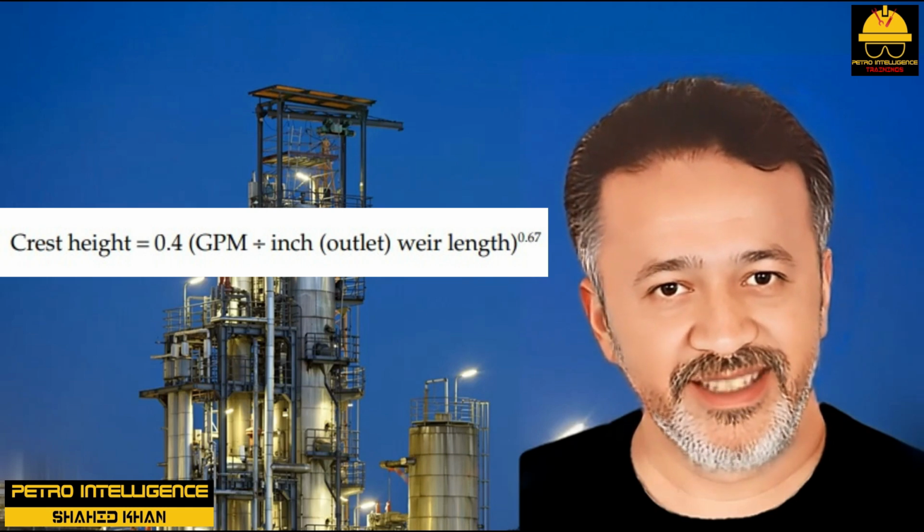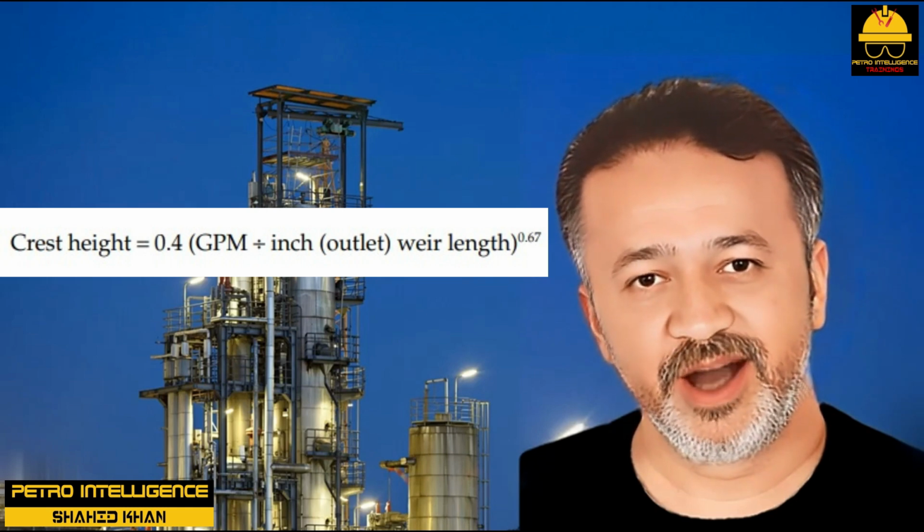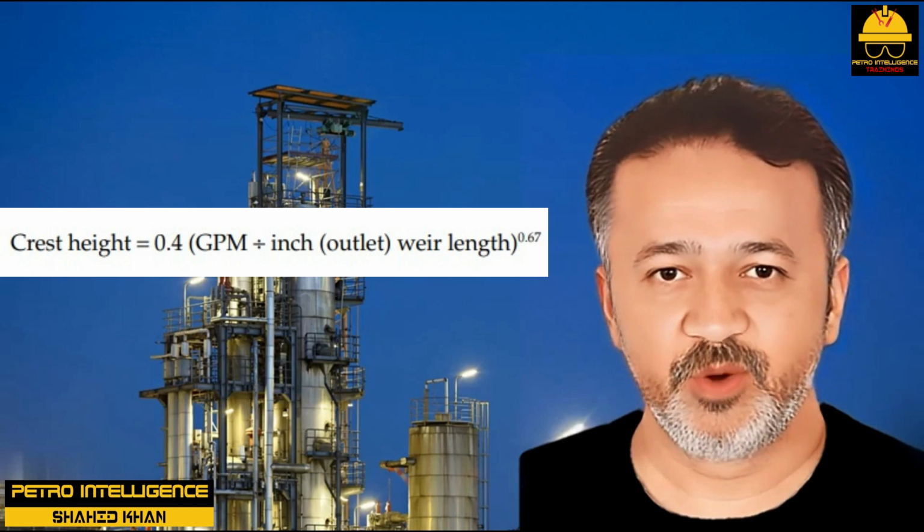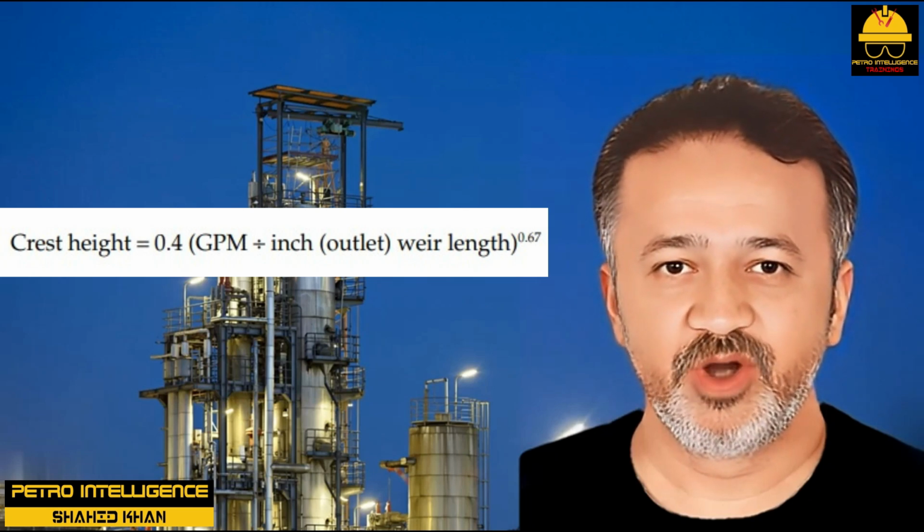The weir height on many trays is adjustable. We usually adjust the weir height to between 2 and 3 inches. This produces a reasonable depth of liquid on the tray to promote good vapor-liquid contact. The crest height is similar to the height of water overflowing a dam. It is calculated from gallons of liquid leaving the tray divided by weir length in inches, to the power 0.67, and multiplying it with 0.4. The sum of the crest height plus the weir height equals the depth of liquid on